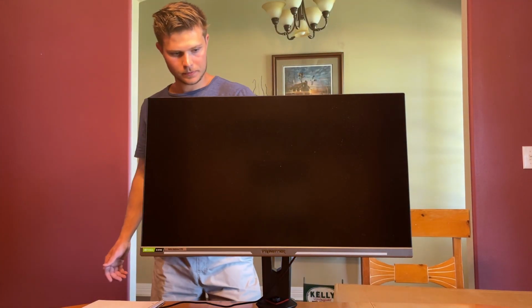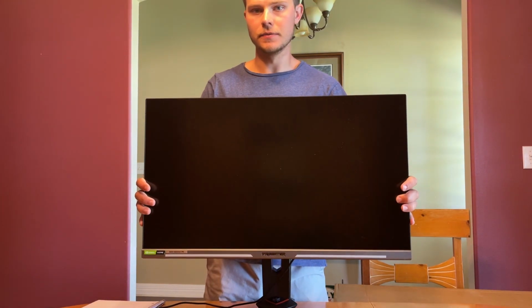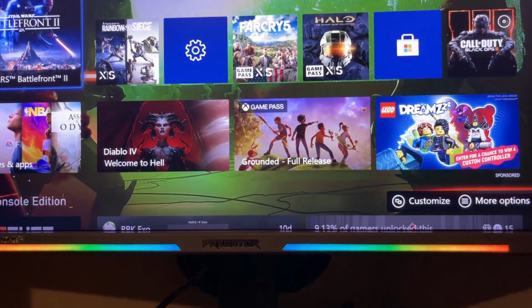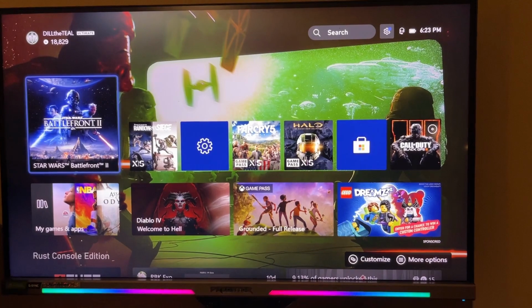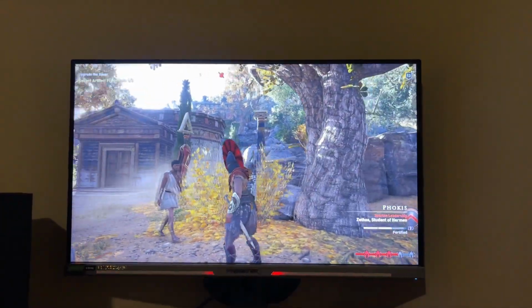But the gameplay on this, I would say it's nice. I would say the quality is very good for it. As you can see on the home screen, it's bright, it's HDR. And then for some games, like Assassin's Creed, obviously it's an old gen game, I'm just using it as an